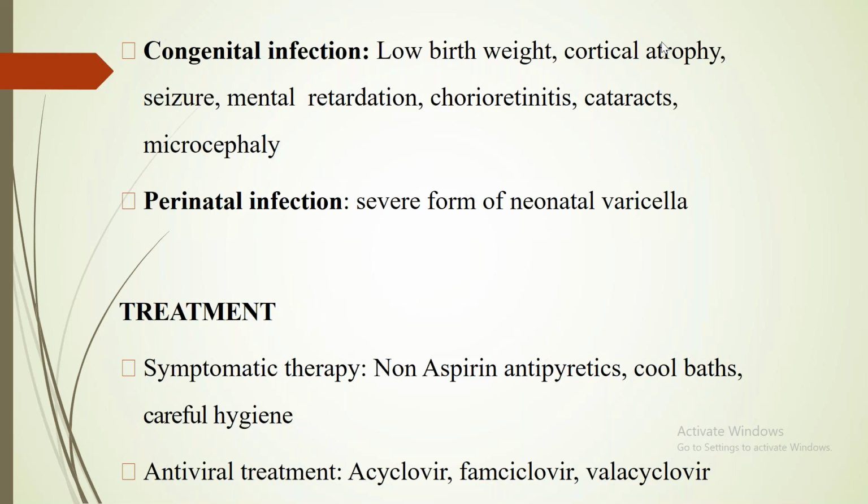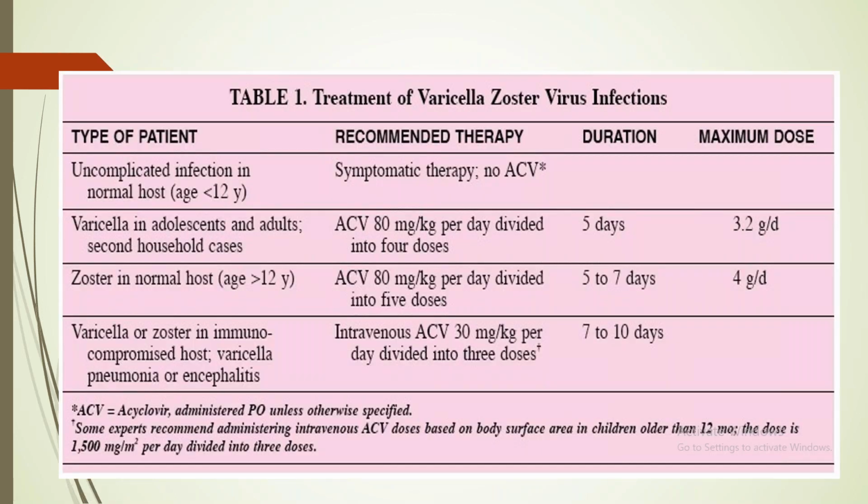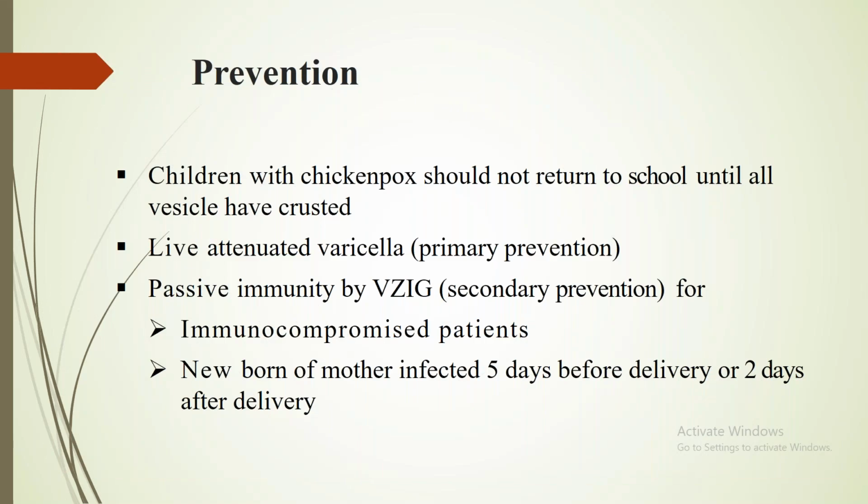So treatment. What is the treatment? In small children, as I said, we don't treat. We just give antipyretic drugs and maintain hydration. But in children more than 12 years of age, we like to give specific antiviral treatment, that is acyclovir, the oral therapy. And prevention is by vaccination. We have a live attenuated vaccine, given in 2 doses. Immunoglobulin is given only in cases of a severely immunocompromised child, such as an HIV child or a child on chemotherapy. Those children might be given passive immunity with immunoglobulins.